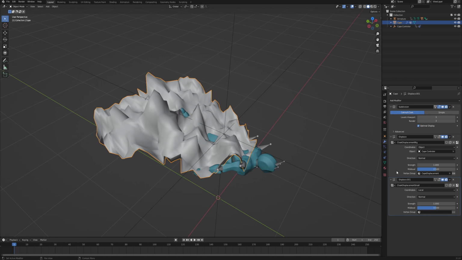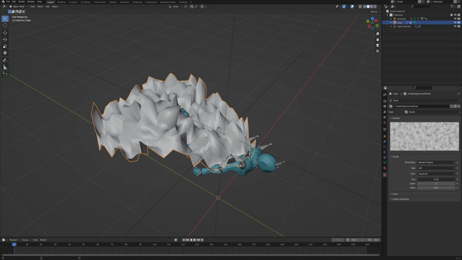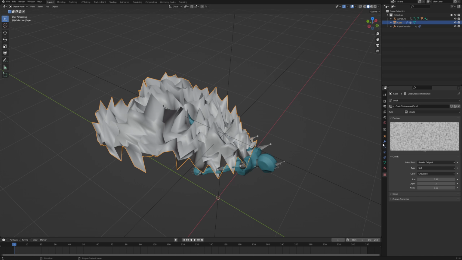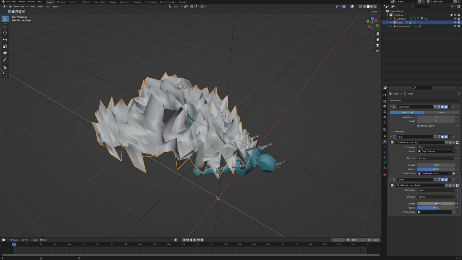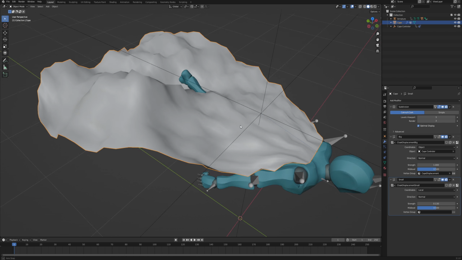So also in the modifier stack, you can see that this displacement is named displace and this displace 001. You can instead call it big and small, just so when we go to this texture tab, we see for which displace modifier we are choosing the texture. So this time it's gonna be for the small one. And let's also make the size of this texture quite small, maybe something like 0.1. And then in the modifier stack, make sure that the strength is very low as well. We want only those little soft bumps here and there.